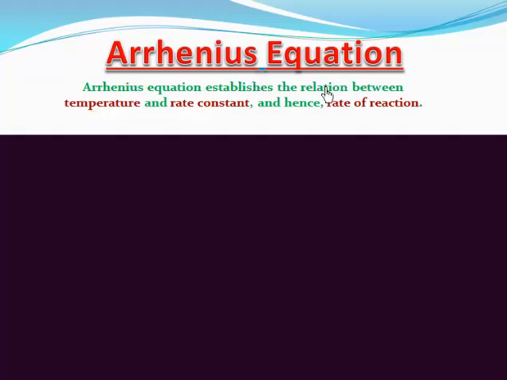Arrhenius equation. It is an equation which relates temperature and rate constant. And we know that rate constant is directly proportional to rate of a reaction. Well, the Arrhenius equation not only relates temperature and rate constant, but temperature and rate of a reaction too. The Arrhenius equation is k = A e^(-Ea/RT)